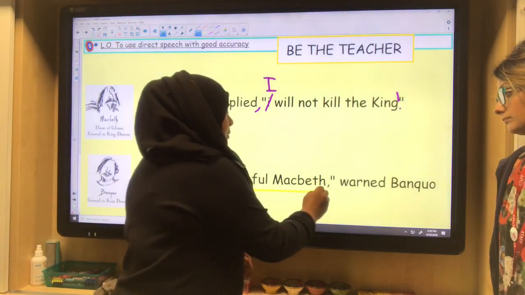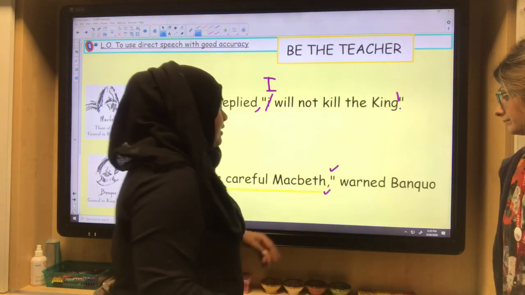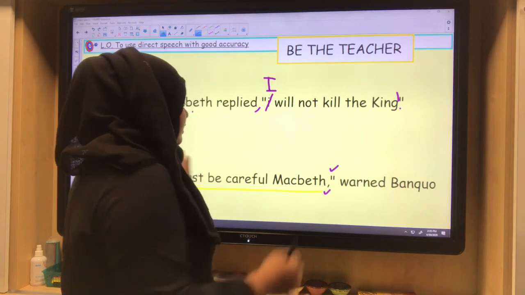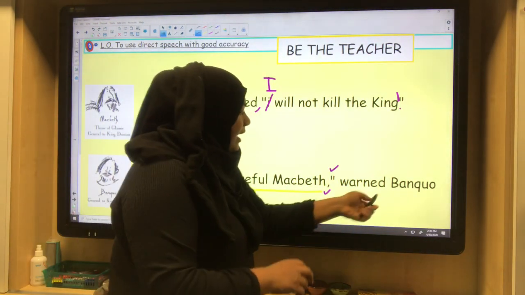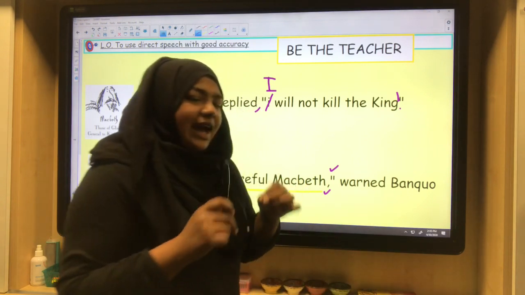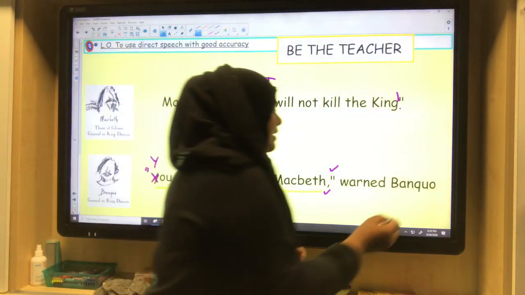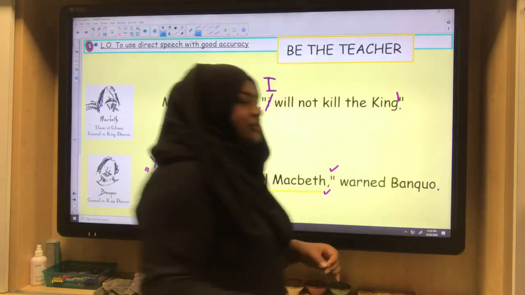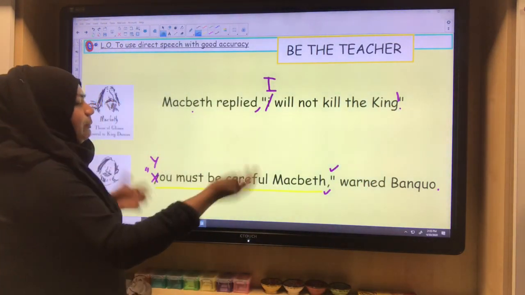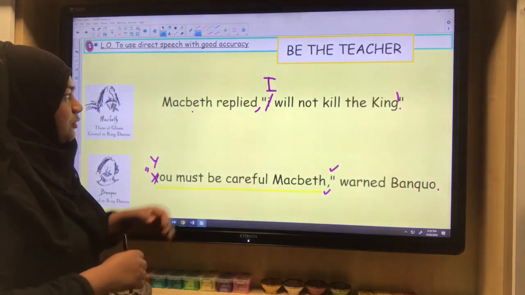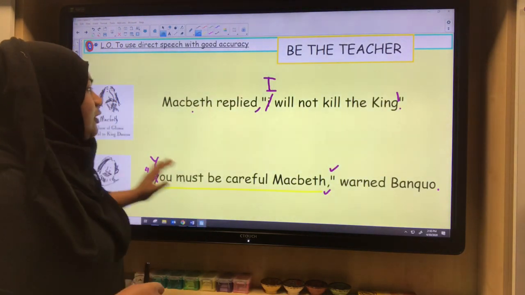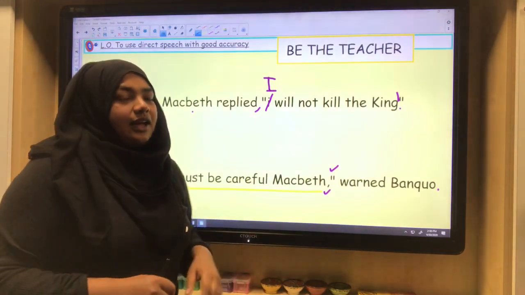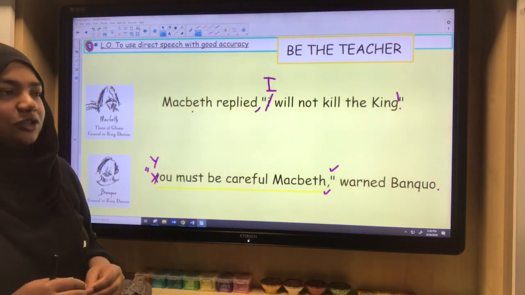We have got a piece of punctuation and we've got the closing speech marks to show that the dialogue has ended. We've got a synonym for said. You don't need it, but it's good. And we've got Banquo, we've got a capital B. Now what we haven't got is a piece of punctuation at the end of the sentence to show that that is one complete thought. So it's really important not just punctuating the direct speech and the dialogue. You actually need to look at the whole sentence in its entirety and make sure it's completely punctuated accurately.